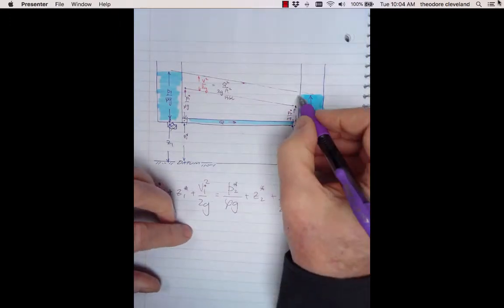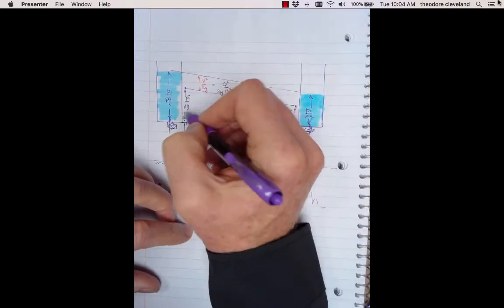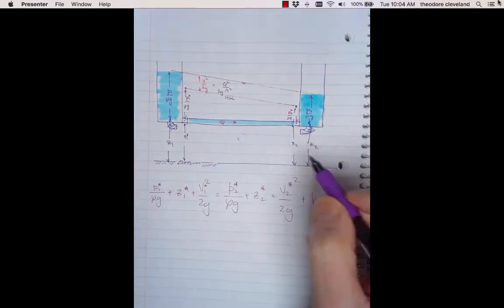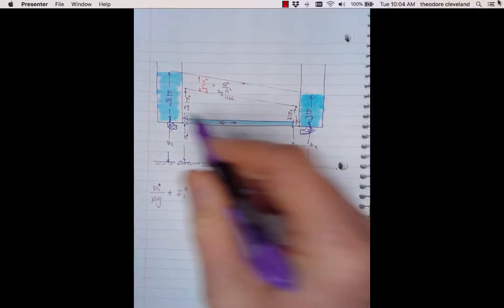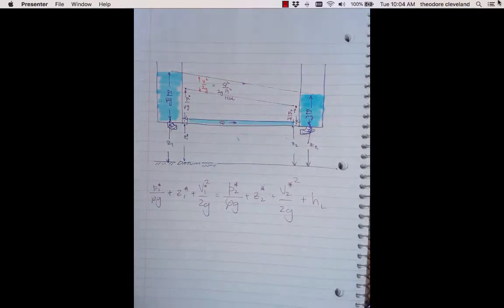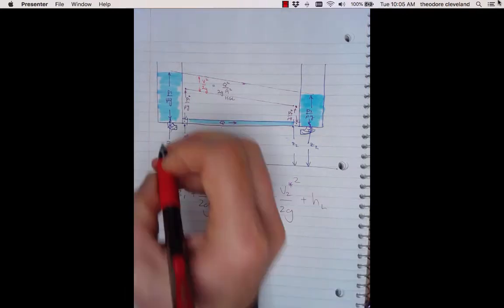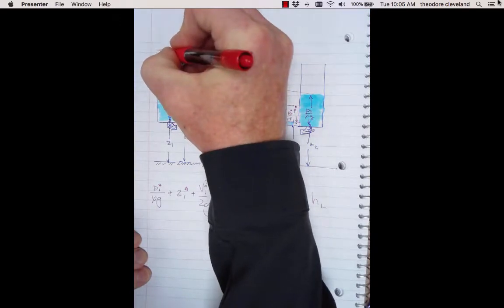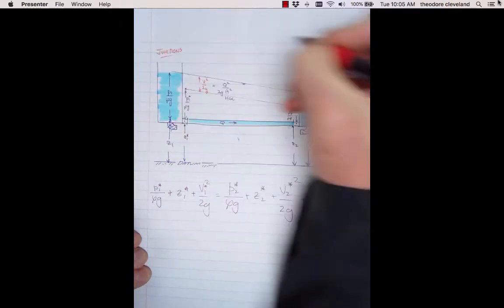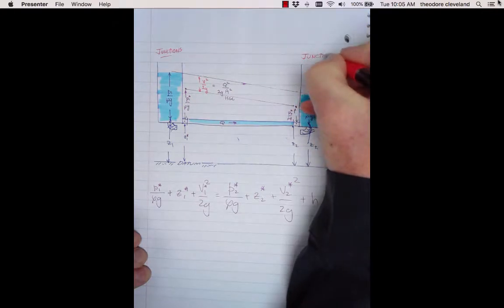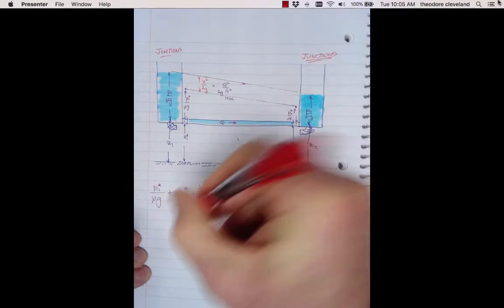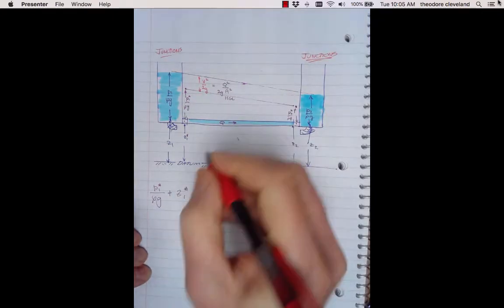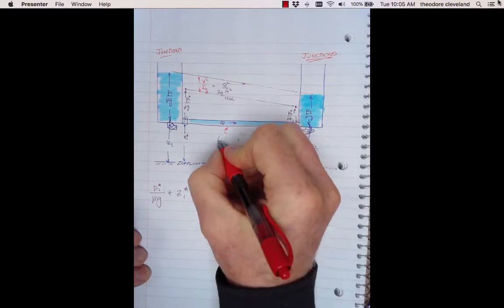And what the head loss will impact is how these two lines reconnect into the reservoirs. Now in this diagram, these reservoirs are junctions. So there could be other pipes connected to them. And then this pipe is a